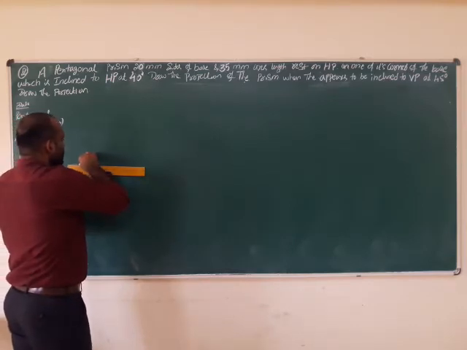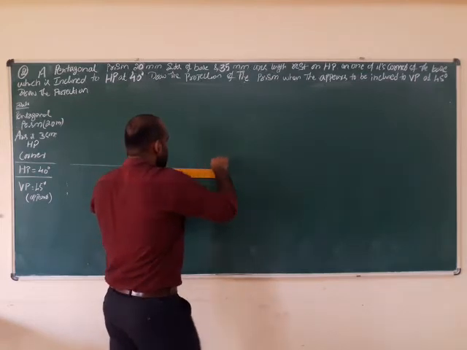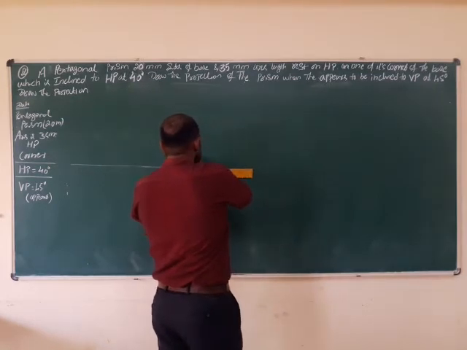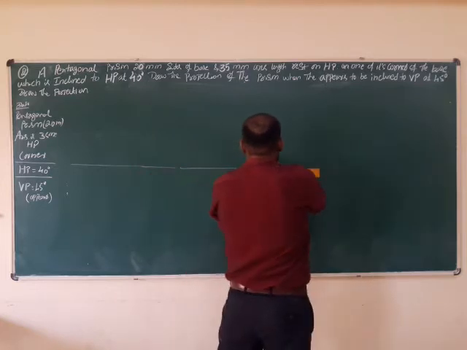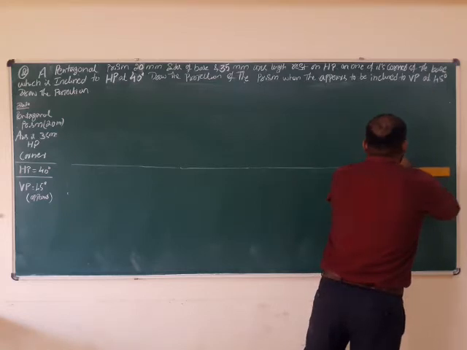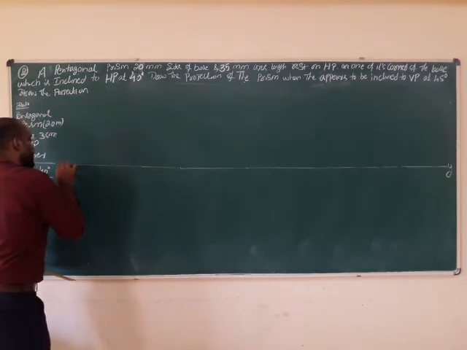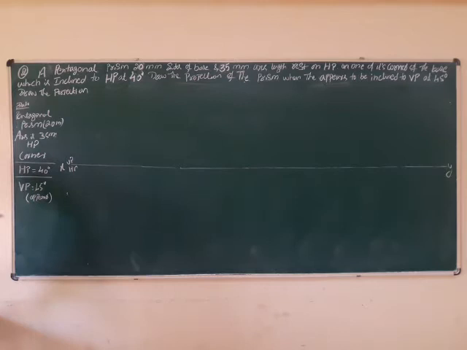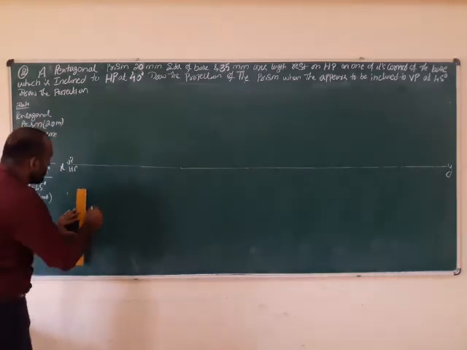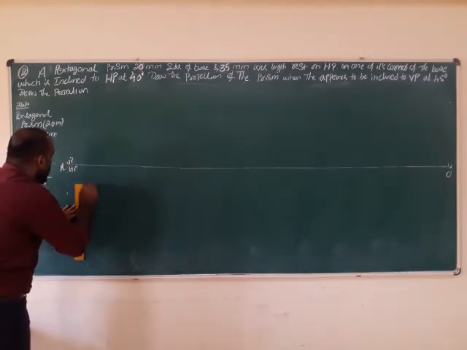Now we will start the problem. First you have to write the xy line. One end is called x, the other end is called y. It is the first quadrant, that's why it is called VP and HP. The problem gives a pentagon with respect to a corner. So the observer is always on the right side. First come to the corner, after that the edge, so first we have to draw the edge.